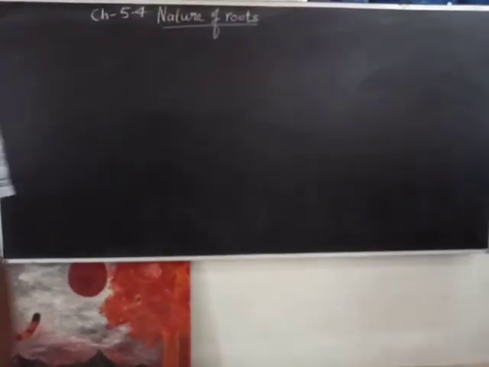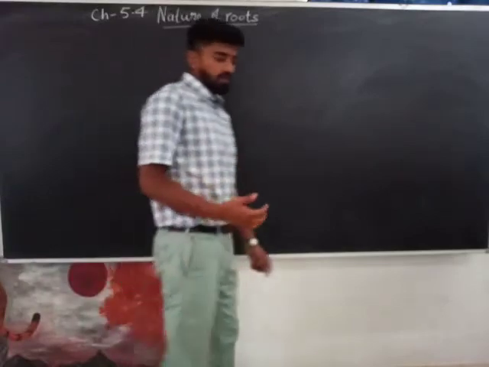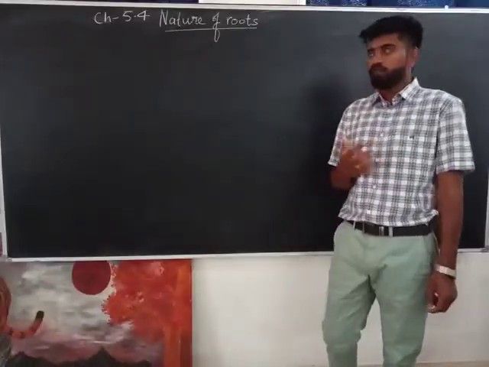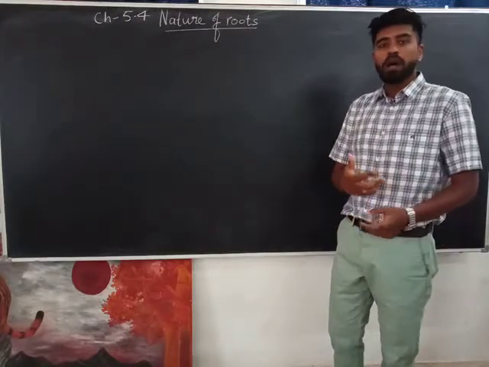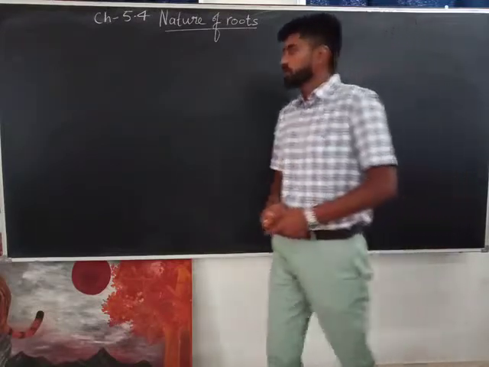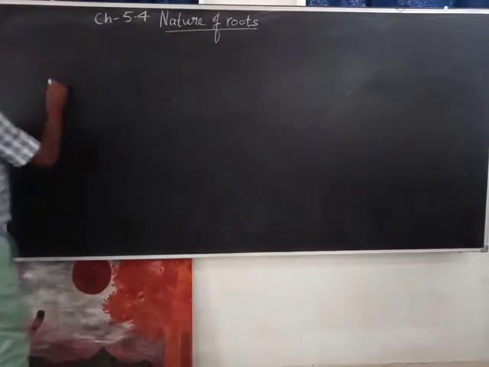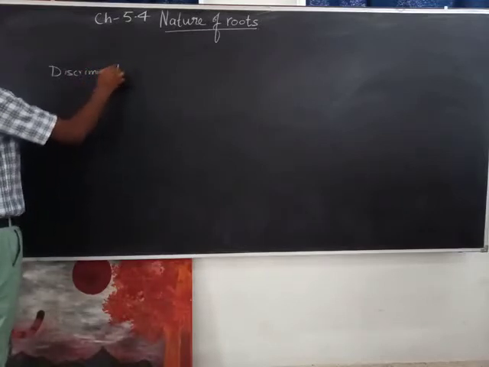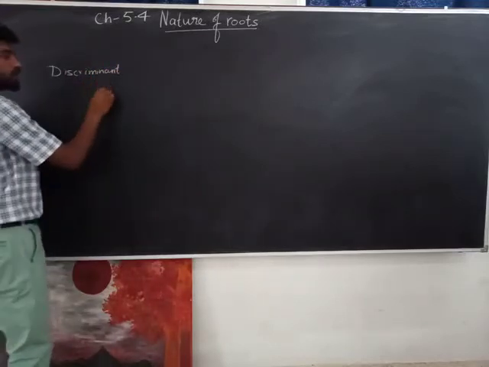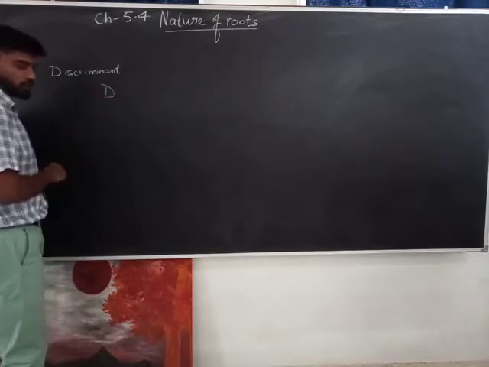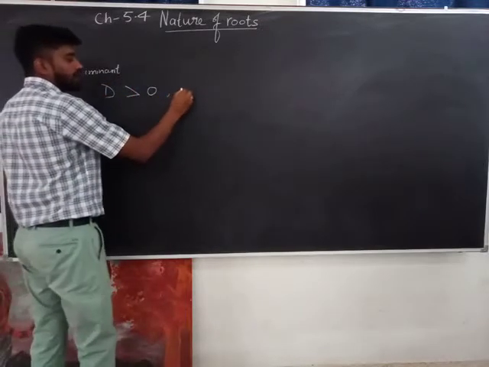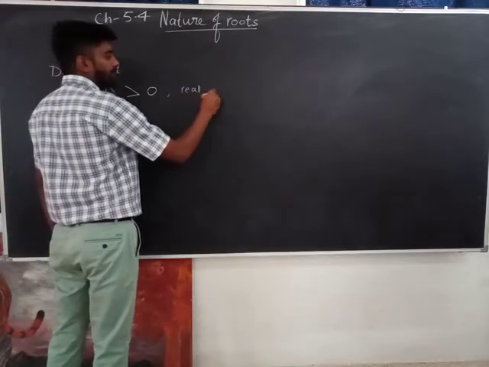Good morning, everyone. As you know, last week we worked on the nature of roots, and we figured out how we can find the nature of roots. So basically, we talked about the discriminant. If the value of the discriminant, which we denote by D, is greater than 0, then I have real and distinct